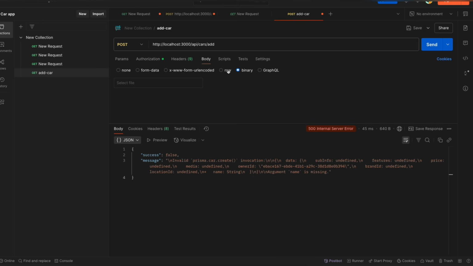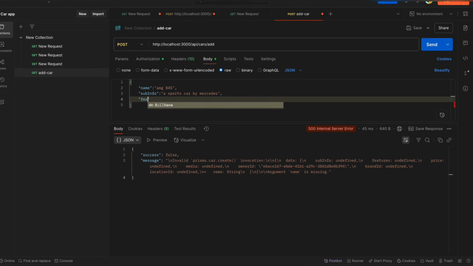So just one by one add the request body, and over here let's add the name. Okay, for the car's name I'm going to add, let me just add AMG. Let me add 545 845 and then sub info. Okay, a sports car by Mercedes, and over here we need to add the features,